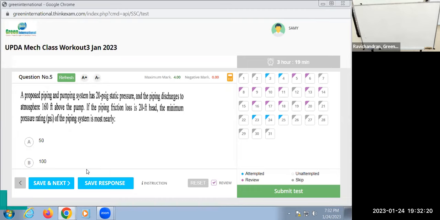If the piping pressure loss is 20 feet of head, the minimum pressure rating in psi required by the system is mostly nearly. So here